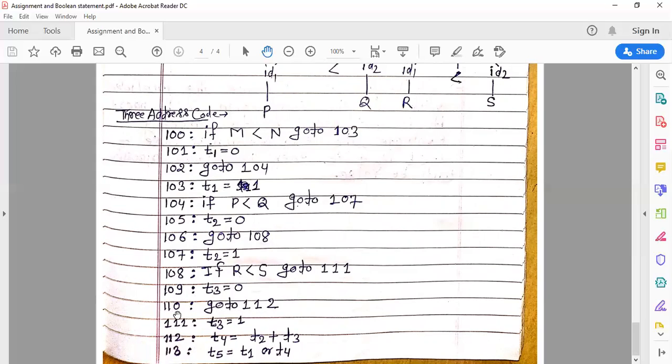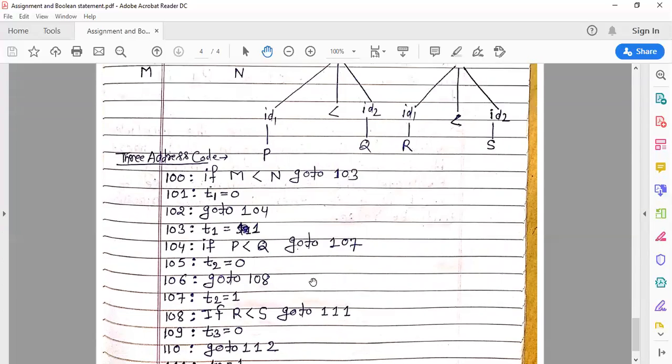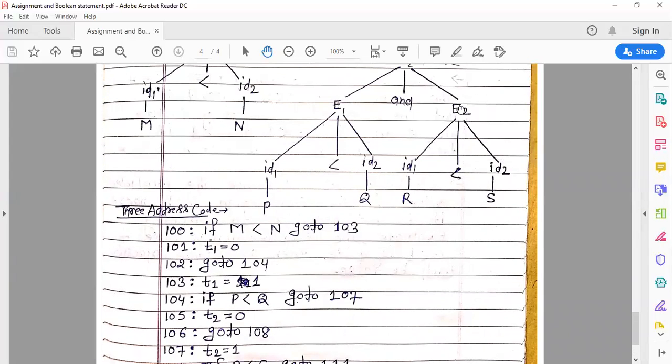Here the current statement is 110, so go to next statement plus 2, meaning 110 plus 2, 112, and here T3 is equal to 1, and 113. How do you get the 113? You can see here from 108 to 111, these 4 lines of three address code are generated at this node.